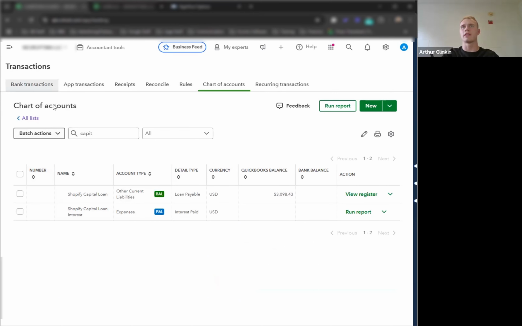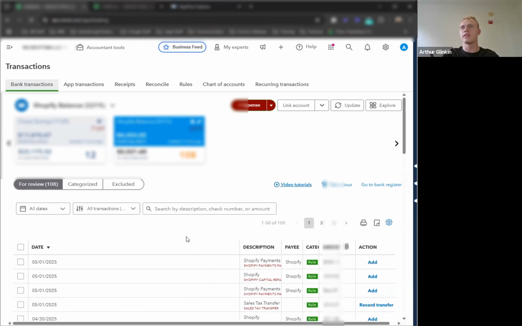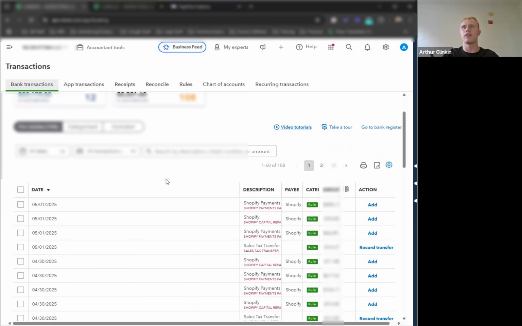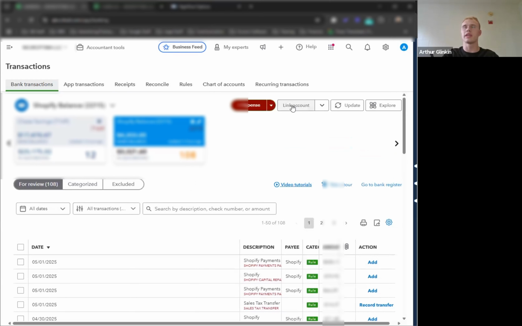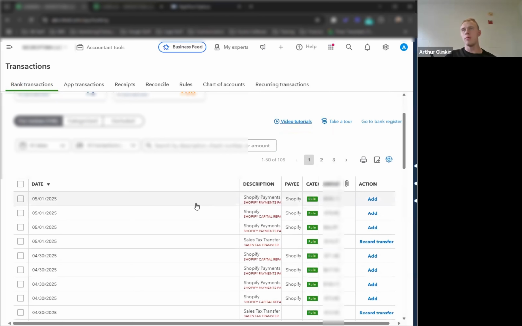And then now if we go back to bank transactions, now that we recognize that $10,000 in our bank account, whatever bank account you had, whether you're linking an account like the Shopify balance, obviously these transactions can occur in any bank account, whether you have the balance, Shopify checking, savings, and so on. Like I mentioned, I do like this one because it's primarily for Shopify transactions. But if you don't have a linked account, you can upload from a CSV, an Excel file that you download from your bank account. So now that we have those payments coming in and out,